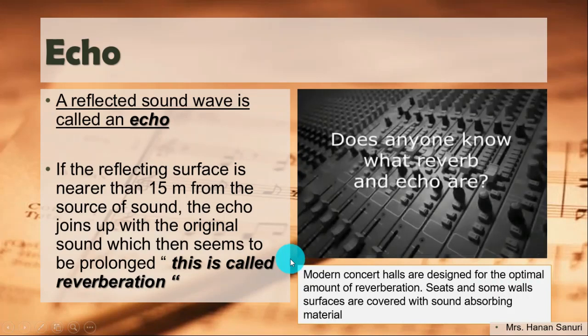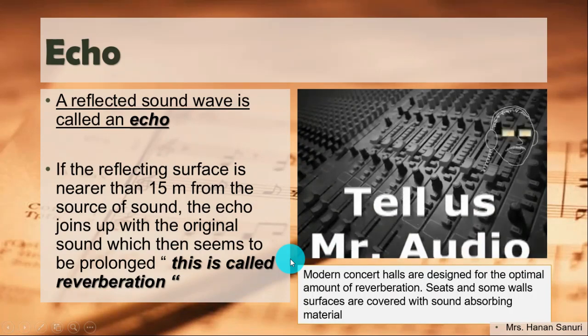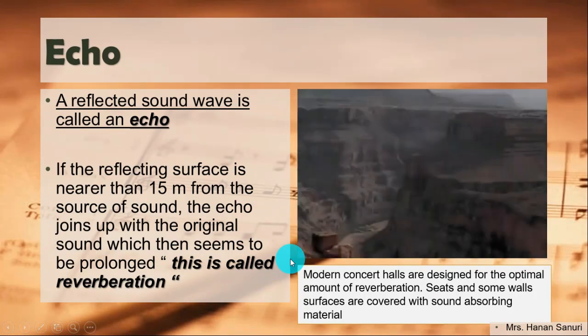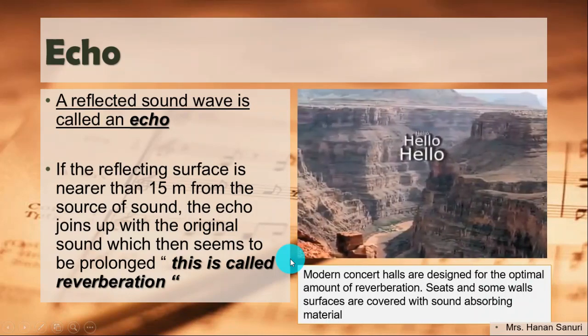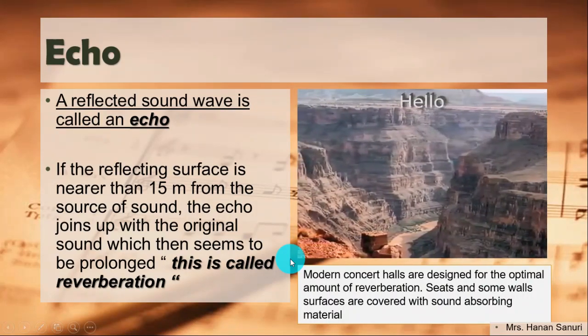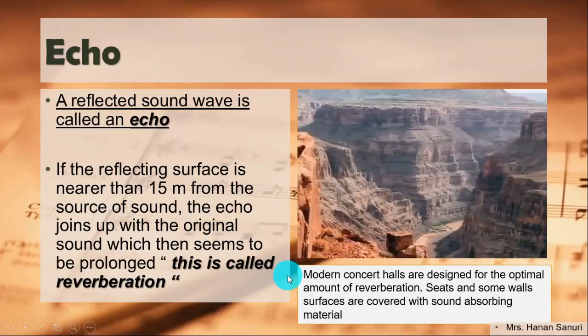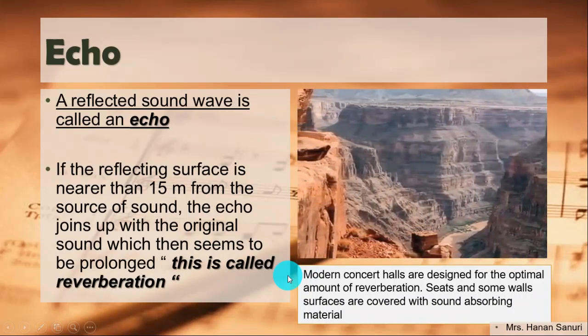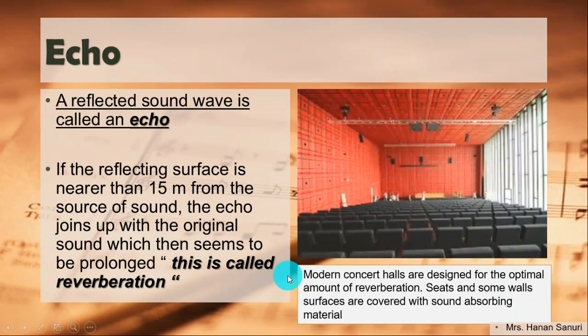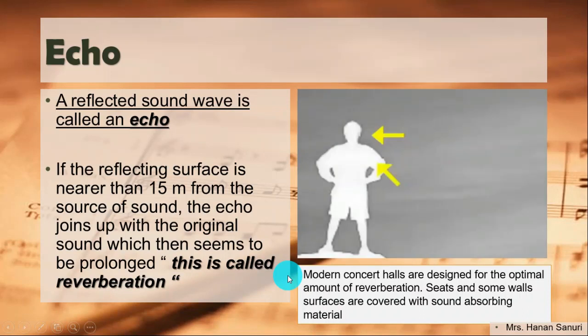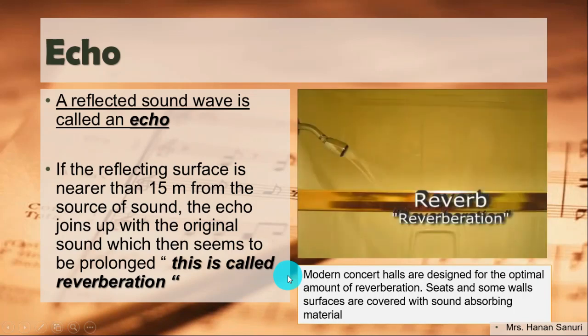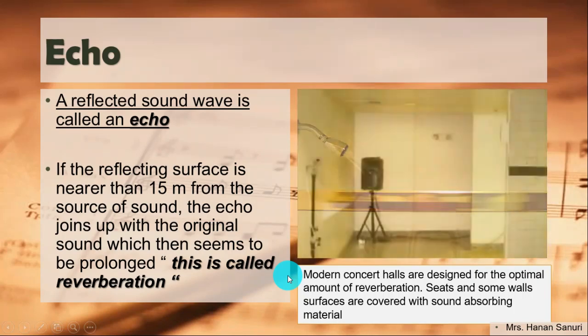Does anyone know what reverb and echo are? You know, who'll know? Tell us, Mr. Audio. When you stand on the rim of a canyon and yell, "Hello! Hello!" and you hear your word a second or so later, that's an example of echo. Essentially, it's the sound that's reflected back to the listener. There can be multiple reflections, as sound bounces off walls, floors, ceilings, and other hard objects. When these reflections arrive very close together, the listener no longer hears a distinct echo. This then is reverb, short for reverberation. It's what people hear when they sing in the shower.